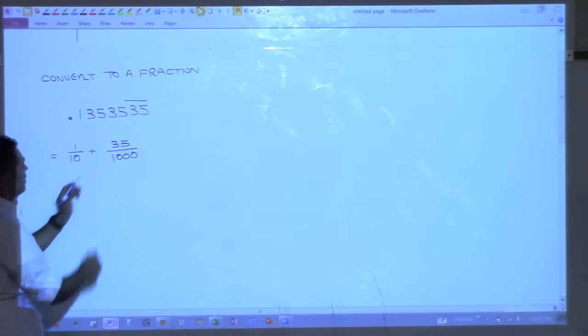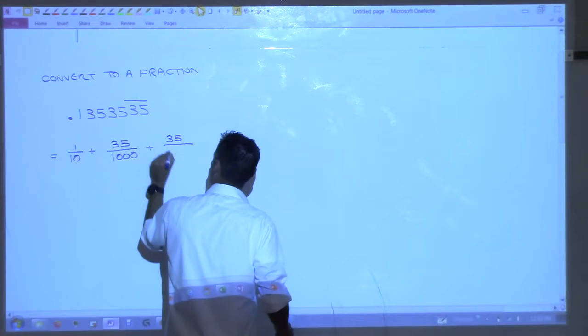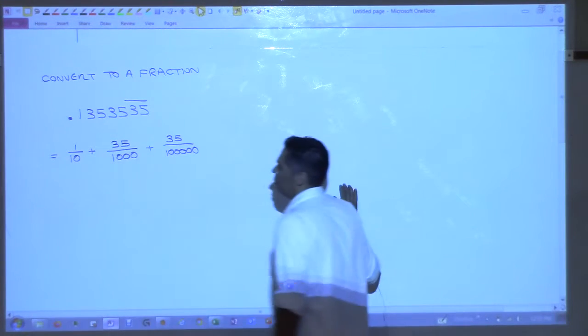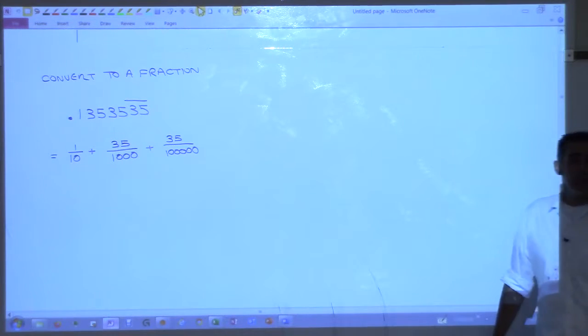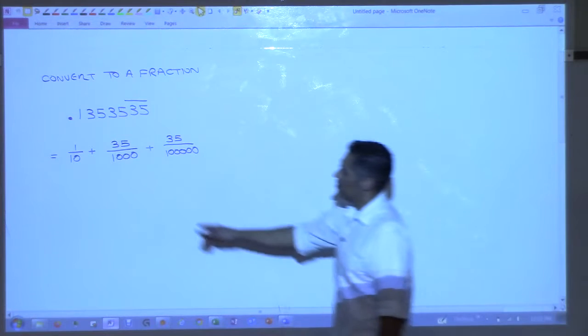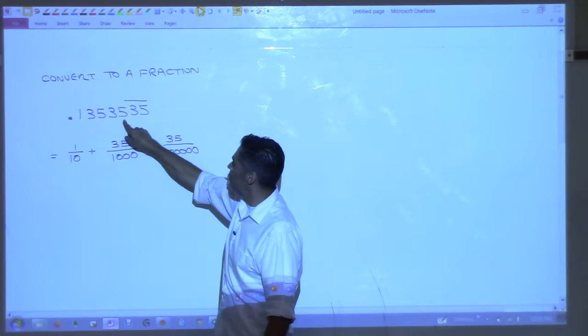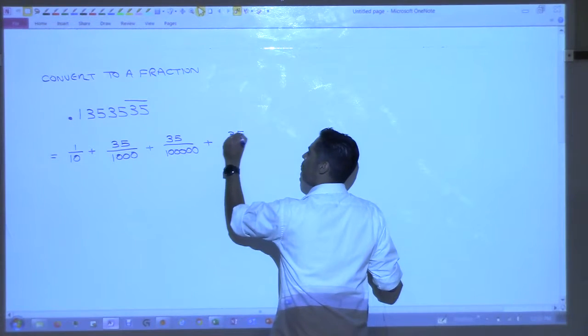And then what about the next group? 35 over, yeah, just add 2 more zeros to this, right? So now 100,000. Oh, wait, hold on. I'm using place values. Tenths, hundredths, thousandths, 10,000s, 100,000s, right? Then plus 35 over